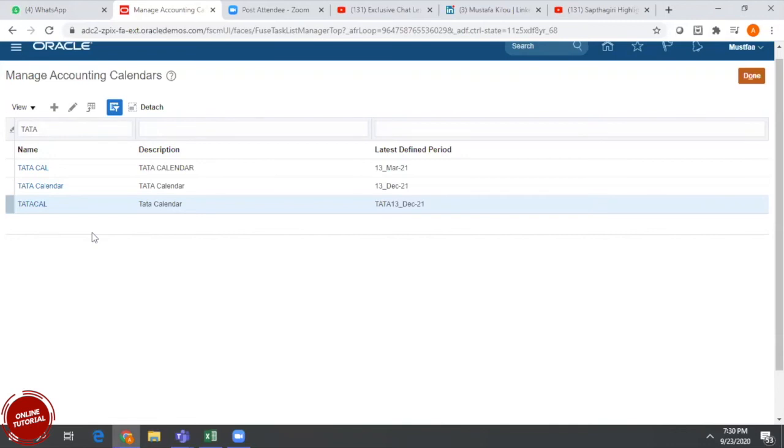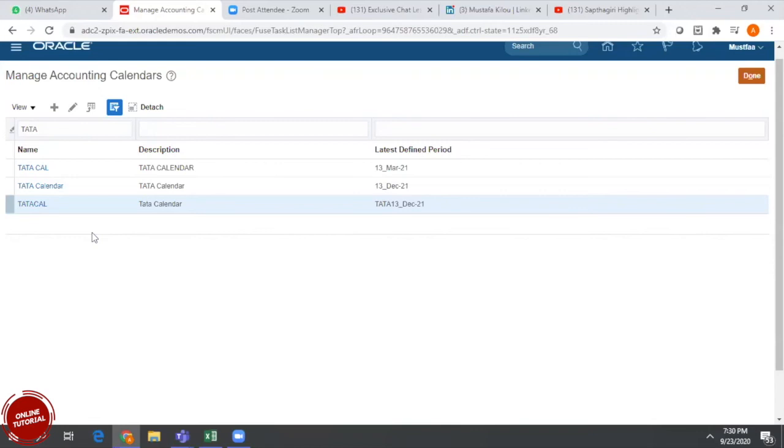So some old assets they also want to bring into the application, or they might bring in old invoices or old journal entries, because they want to completely scrap the legacy system. They will rely only on the Oracle system going forward. In such a case, as part of reference data, we want to bring the legacy data also into the application. In order to record the transactions, we need to start defining the periods from the older years.